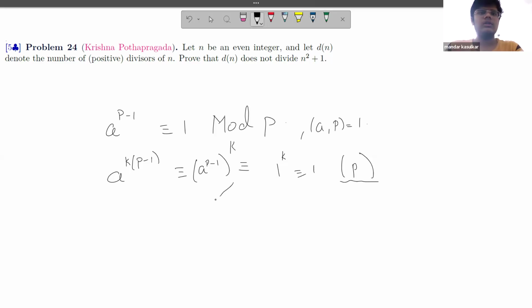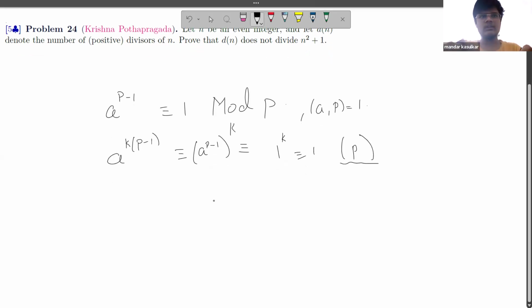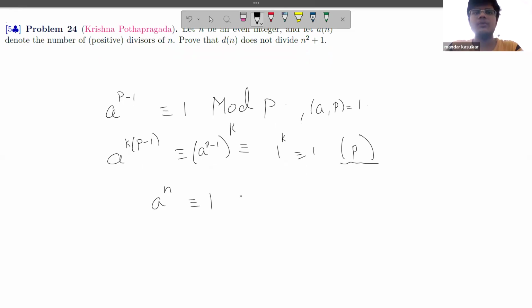Now that we have seen that any multiple of p minus 1 also gives you the answer 1, the next question that comes to mind is: if a raised to the power n is congruent to 1 modulo p,